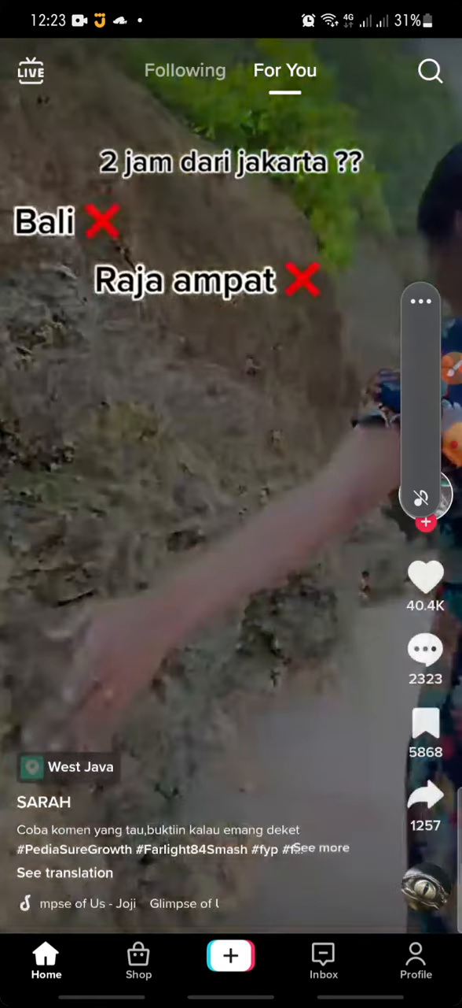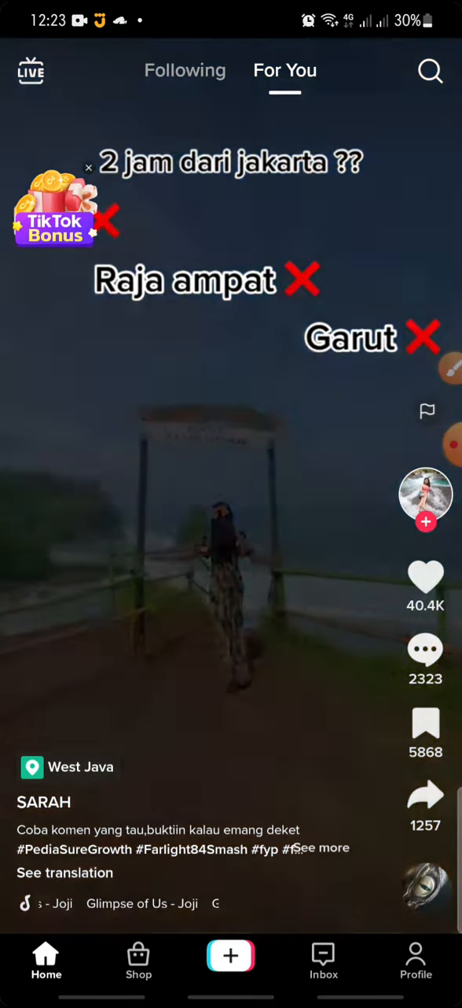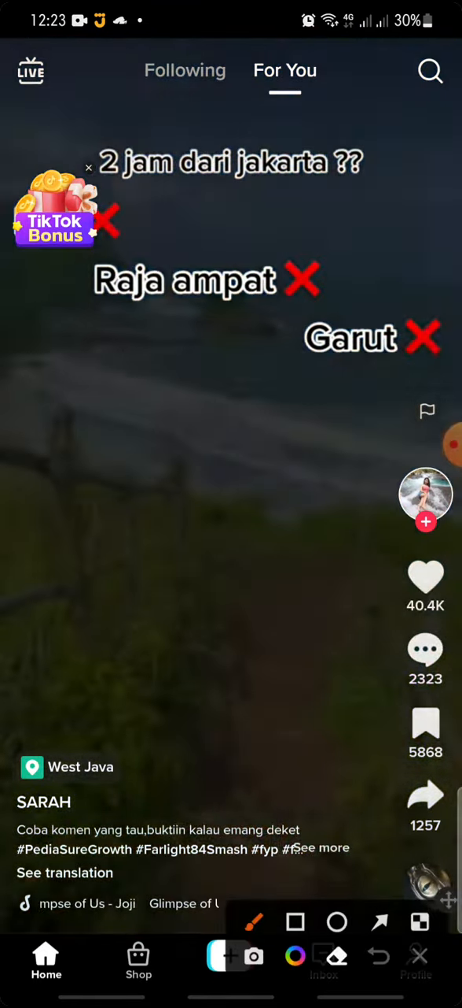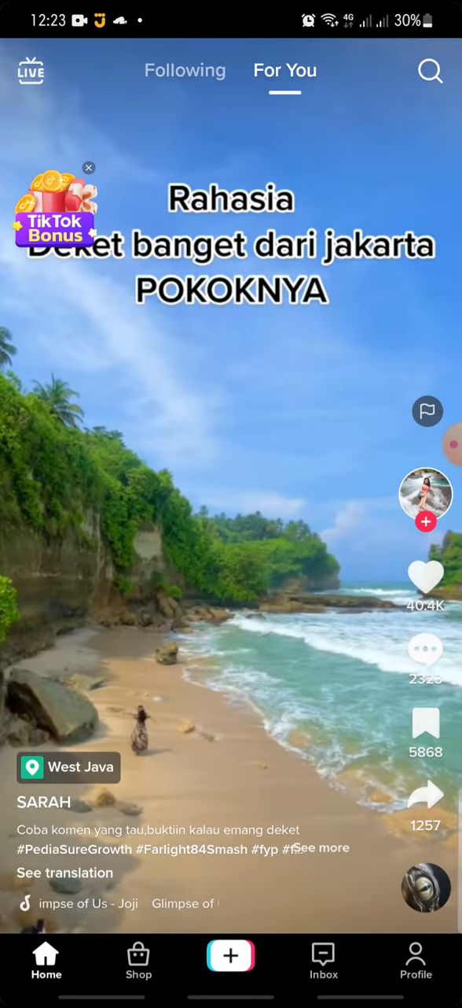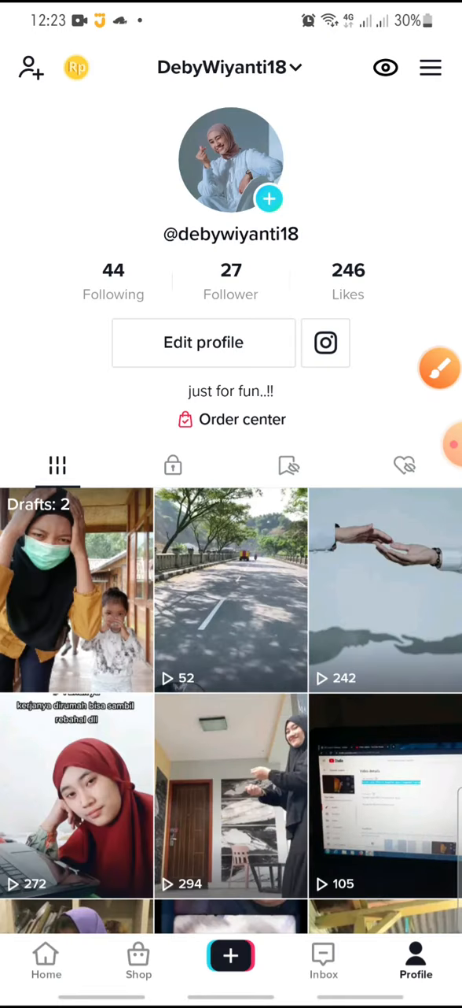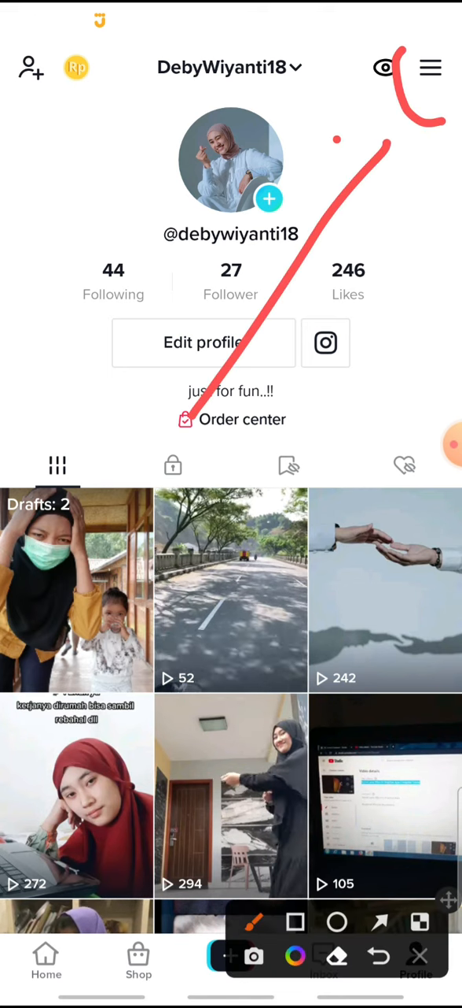And after this, in here, if you want to change your account privacy, you just click on the profile icon at the bottom, click on it. And then in here you just click on the three lines icon at the top,